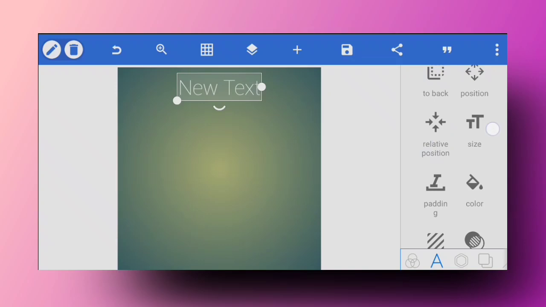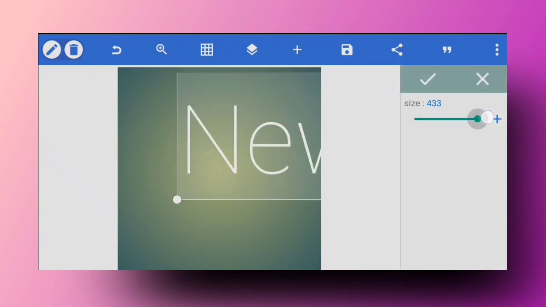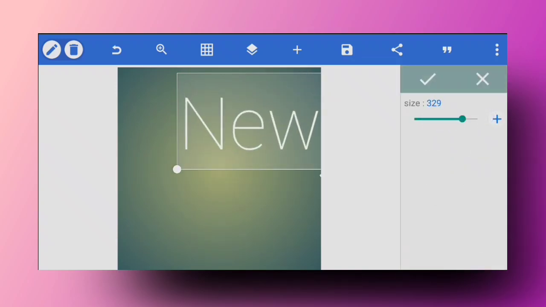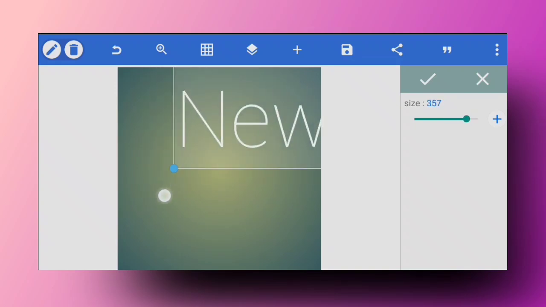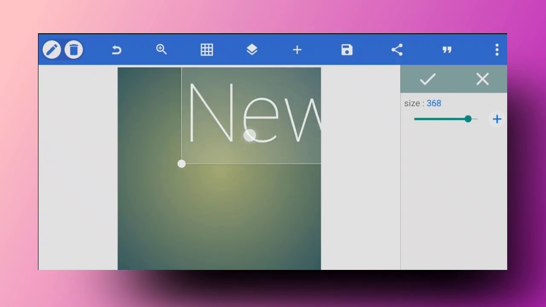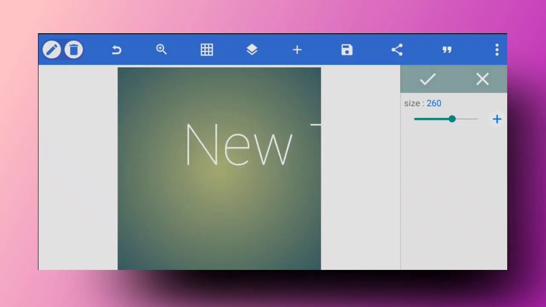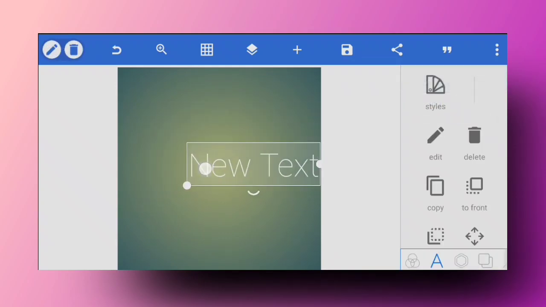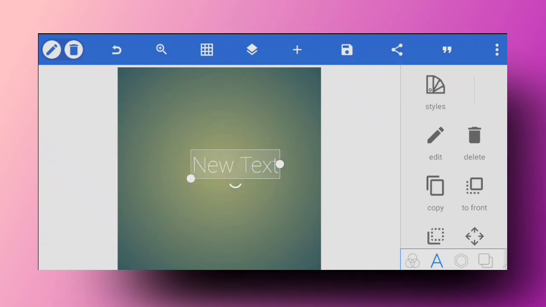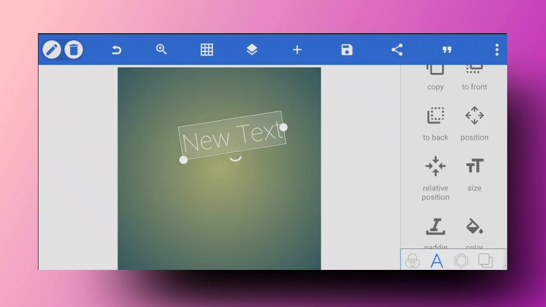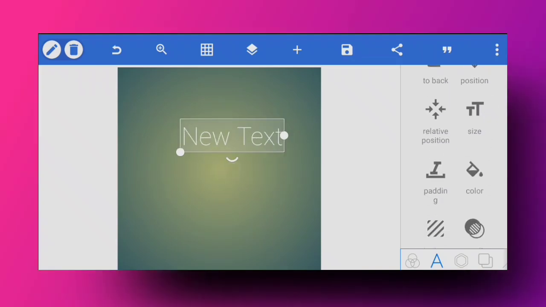Moving on, once we are done with that, we've got the resize tool. This is just simple. You can resize your text. You can also resize your text with this node over here. If you click on your screen and click on this node, you can decrease the size of the text like this, and you can increase the size of the text. So that's what you can do with this tool right here.